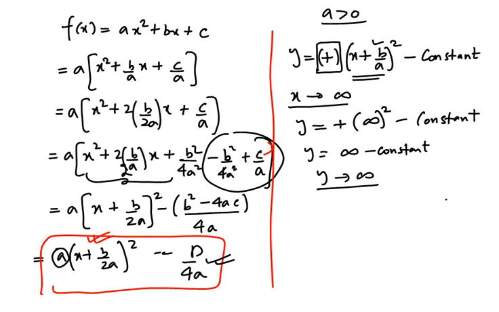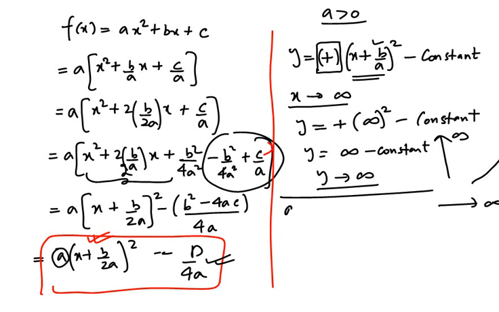So this behavior says that as you go towards the right, towards a very large infinite value of x, y approaches infinity. So the behavior is that the parabola at infinity will go up, and this kind of behavior is only possible when the parabola opens up. It is not possible for a downward parabola.